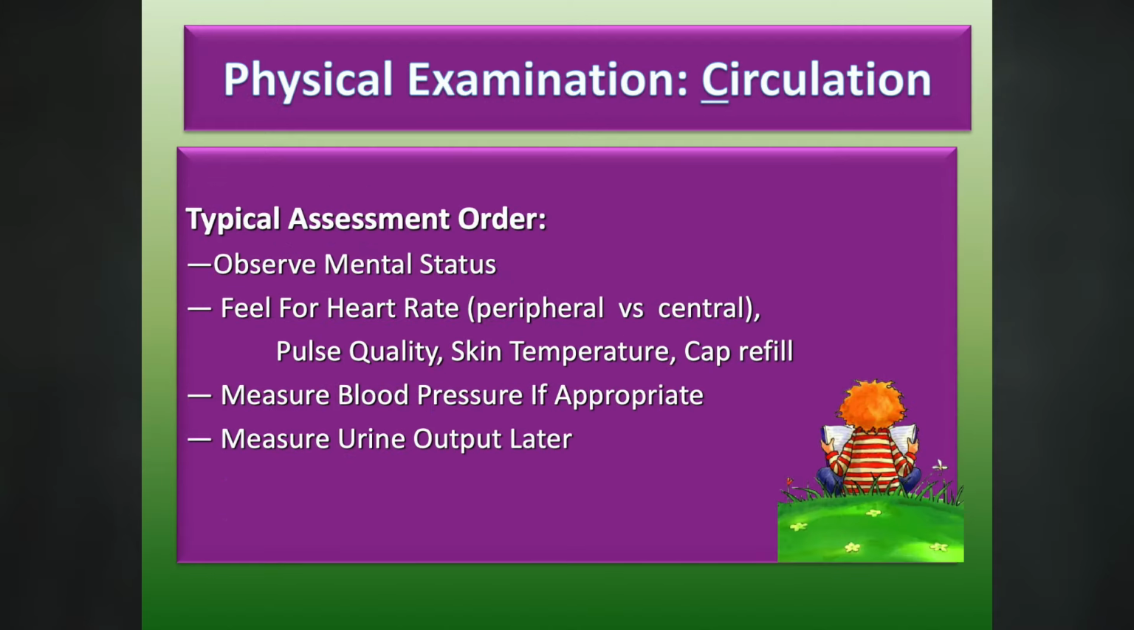So when we talk about evaluation of circulation to the brain, are they acting appropriately? Do they have an appropriate mental status? We look for a central versus a peripheral pulse. So can I feel a pulse in the carotid or the brachial, and can I also feel the same strength in the distal pulse at the radius of the arm? We look at quality of pulse, we look at skin temperature, we look at capillary refill,